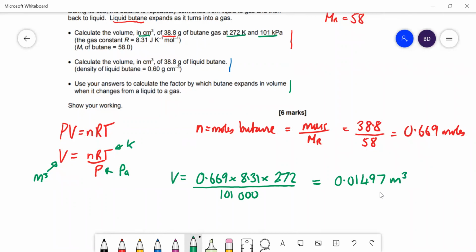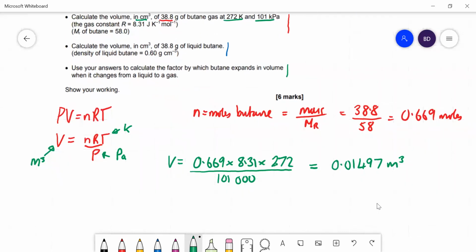Right. Let's convert that into centimeters cubed. And people always forget, don't forget that 1 meter cubed is equal to a million centimeters cubed. So how do we convert that? Times it by a million, times 10 to the 6. That gives us